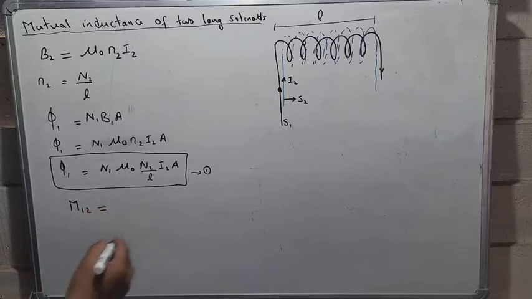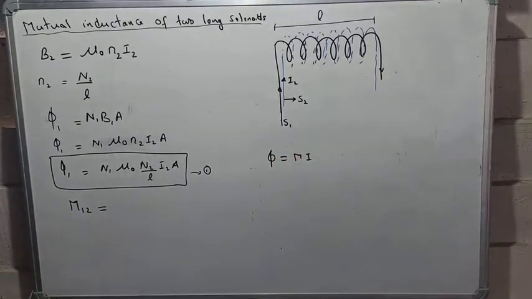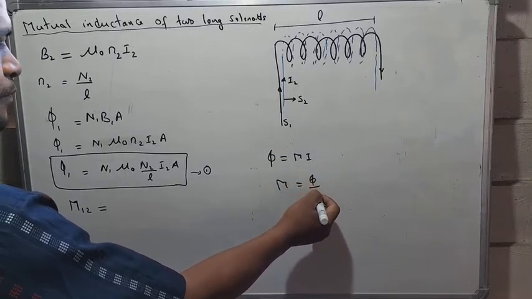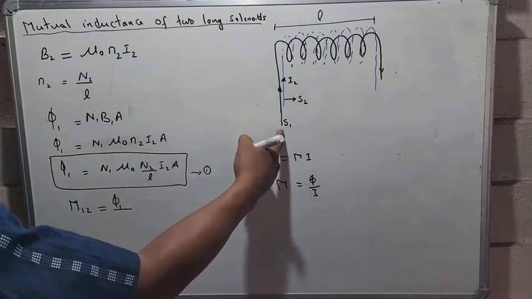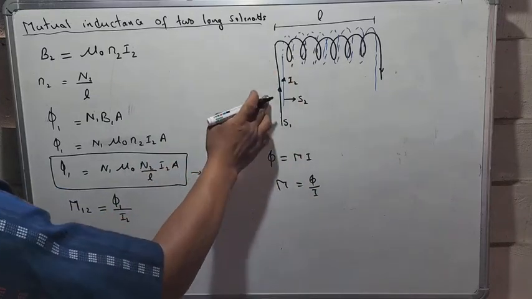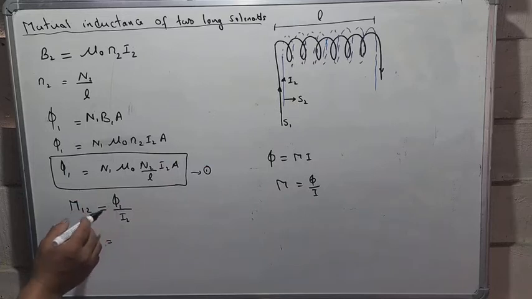If you remember from the expression phi equals M i, then the mutual inductance M in this case would be phi upon I. But in this case, phi is phi 1, and the current is due to the current I2. So far, we have not considered any current in the first solenoid. So the current which is producing this magnetic flux is due to the current I2. Now M12 will be how much? Instead of phi 1,